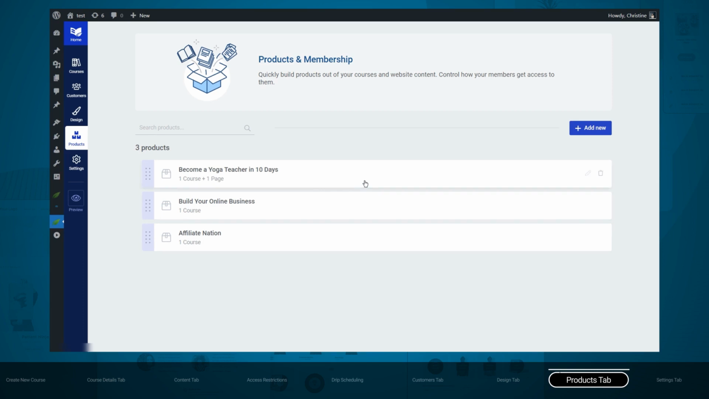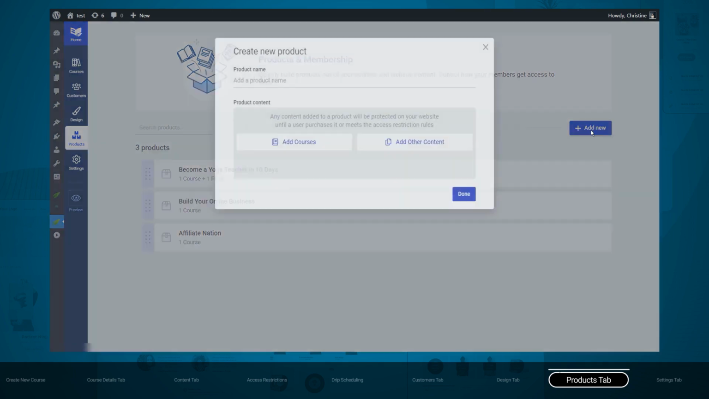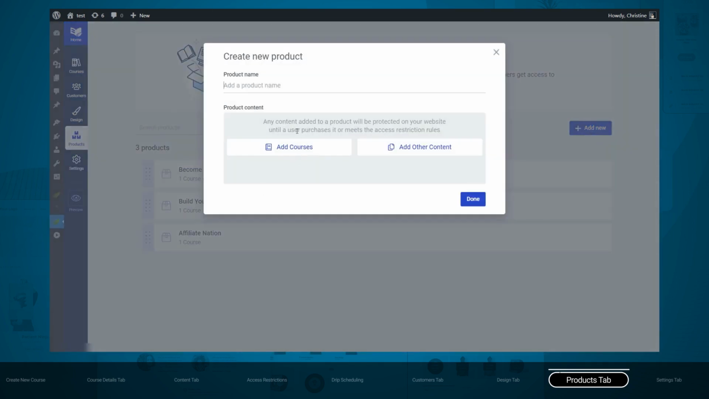So all of the products that include all of your courses and other content types. If you ever want to create a product and you're not doing it from the course itself, you can do it by clicking on Add New here. And this pop-up might look familiar. It's the one that we've seen when creating a product from the course, except that the course was already added